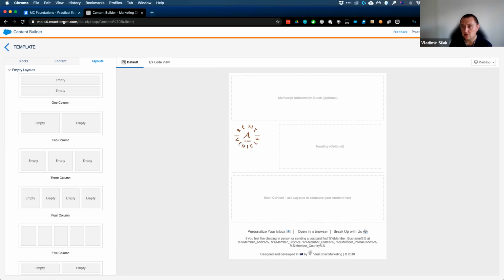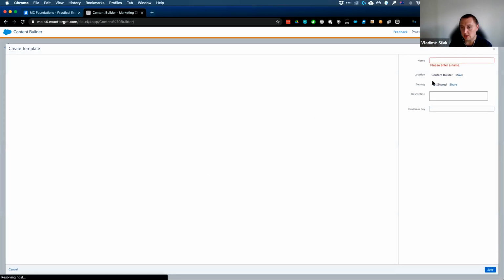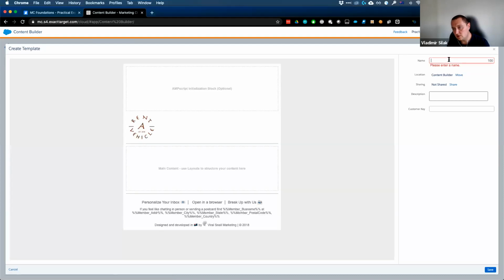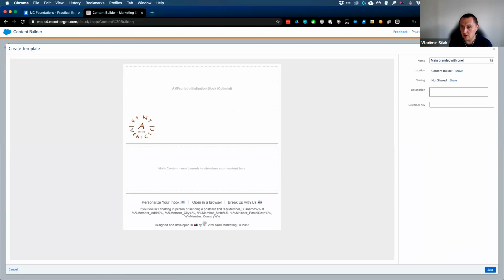So in this case, I'll do save. This system will ask me for the template. So let me just look into... We'll just do main branded with one column. I can choose, similar to content builder, where I want that to be, and then, do you remember I spoke about sharing? I can choose whether I want to share or not. So it's a main template with one column layout for me. Saving that,